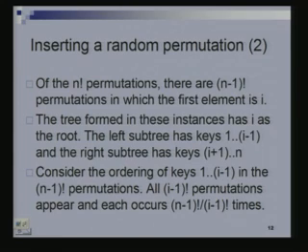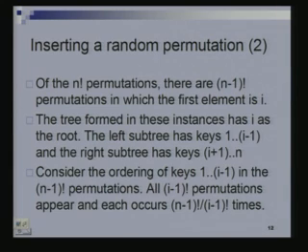Right. Now, let me look at another permutation, another one of these n minus 1 factorial permutations. These keys 1 through I minus 1 would be coming at some other place. So, if I look at all of these n minus 1 factorial permutations, they will induce permutations of these 1 through I minus 1 elements also, keys 1 through I minus 1, and every permutation of 1 through I minus 1 would be there,